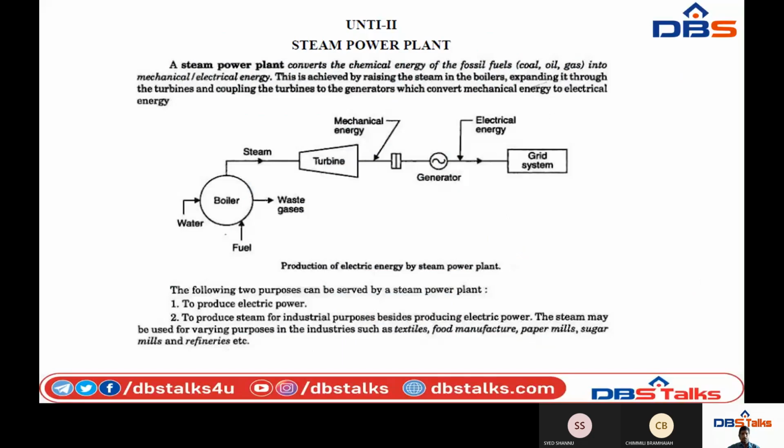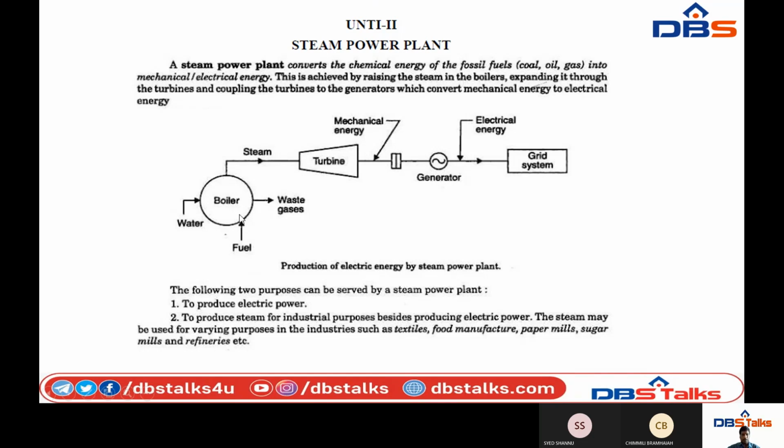First of all, coming to Unit 2, which is steam power plant. We already know that a power plant converts one type of energy into another type of energy. A steam power plant converts the chemical energy of fossil fuels, that means coal, oil and gas, into mechanical or electrical energy. In this figure, I am showing